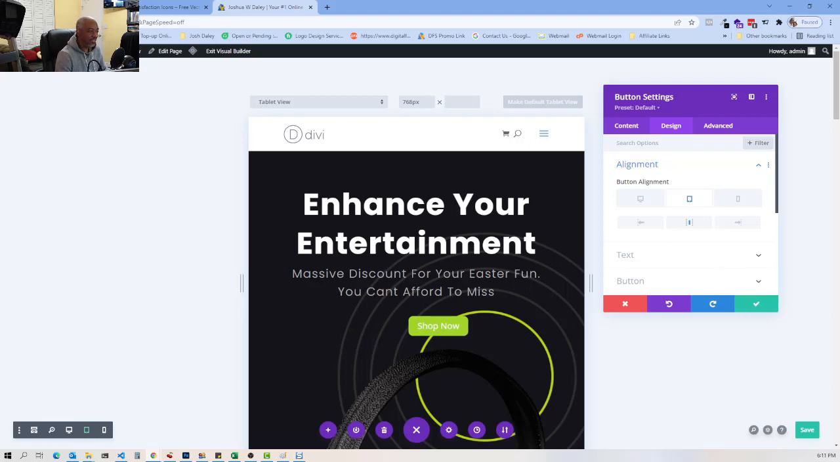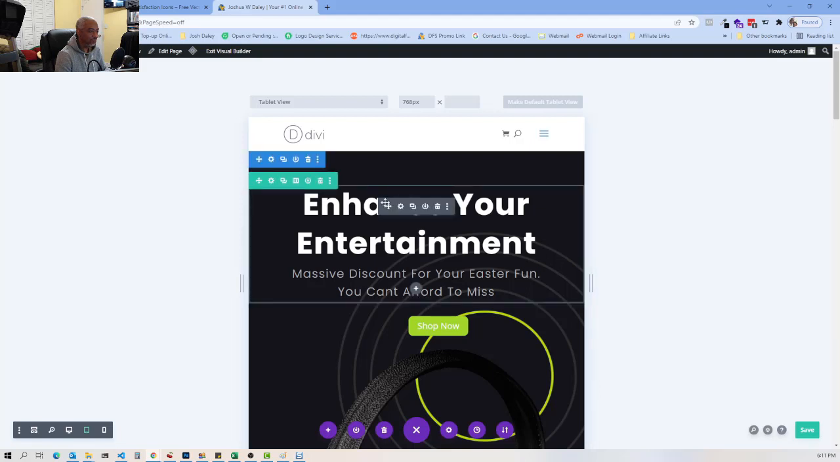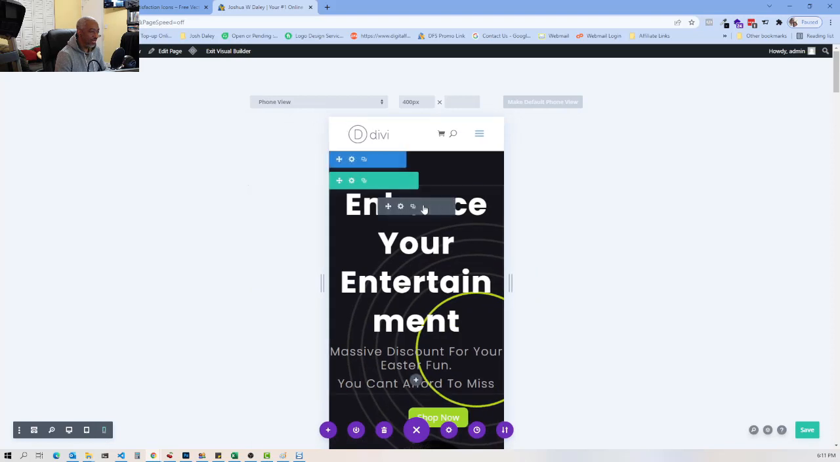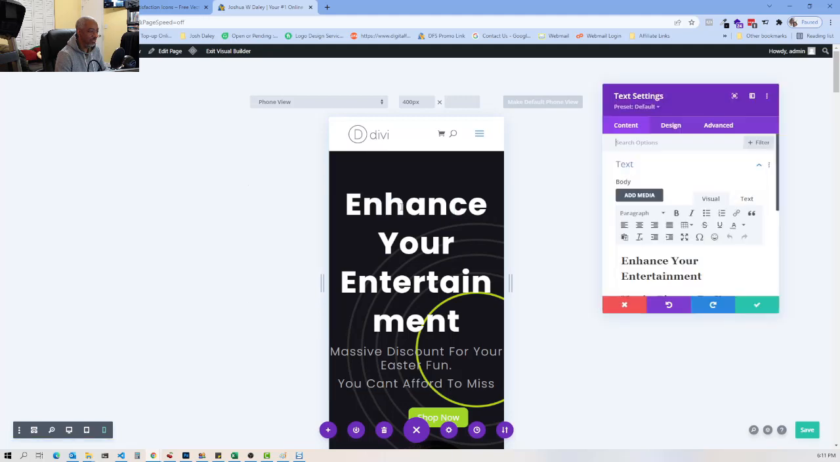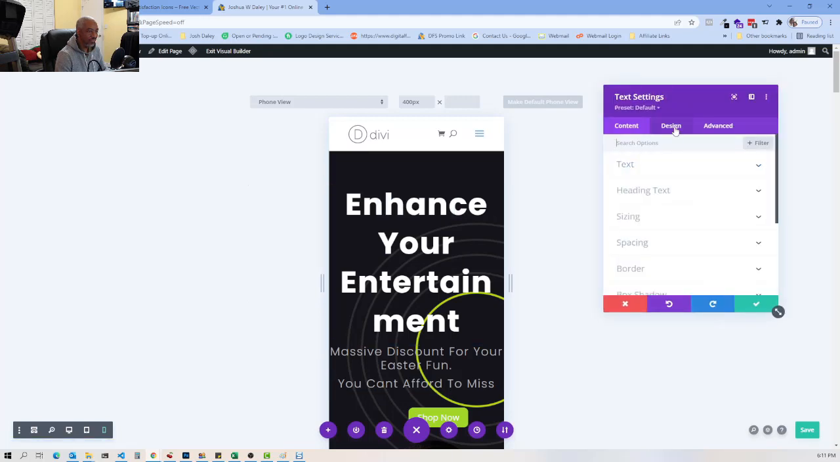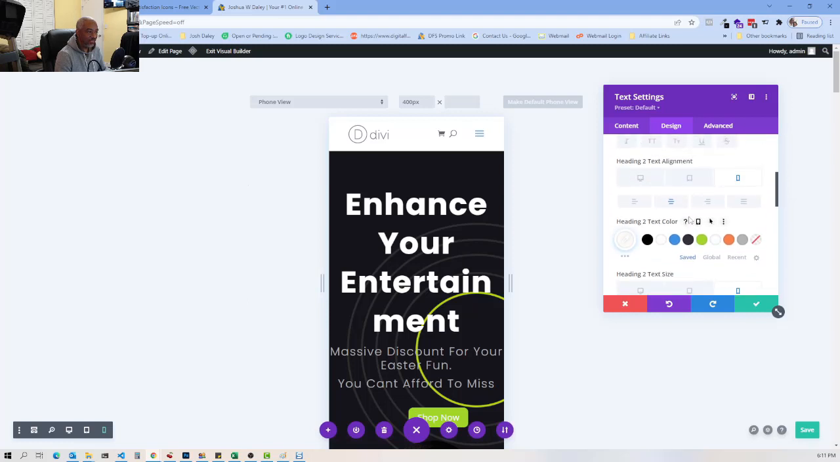All right, now let's go ahead and look at it on the phone view. So we're just going to click on phone here. And we definitely want to reduce the font size here. So to do that, we're going to go back into our design section. We're going to click on heading text. We're going to click on H2. And as we scroll down